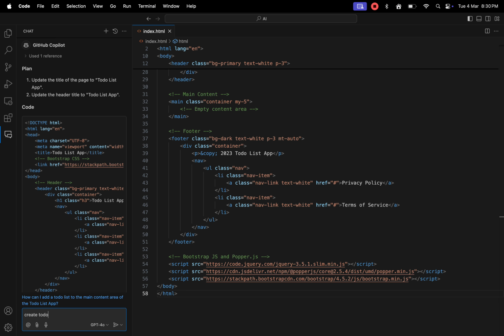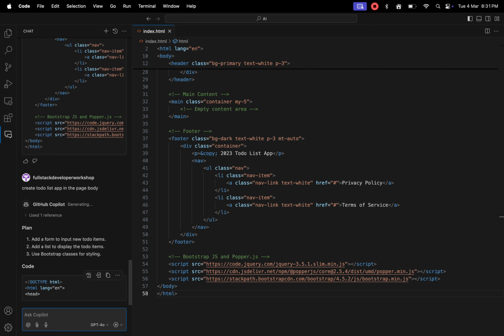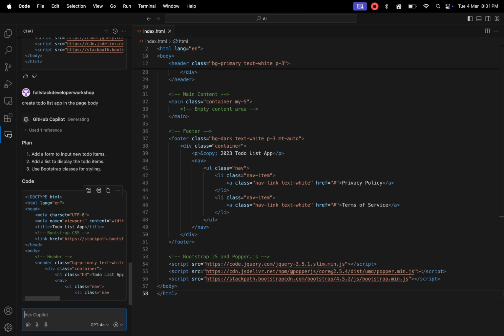Now, let's create a simple to-do list application. Change the name to To-Do List and integrate the code changes generated by Copilot.